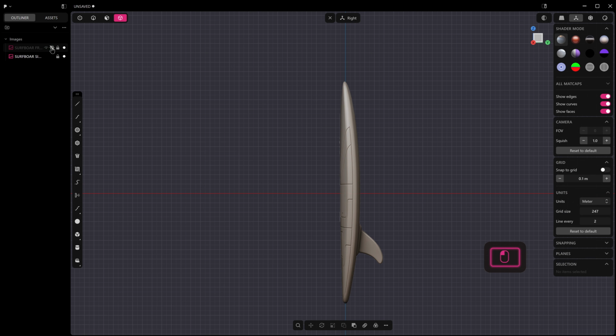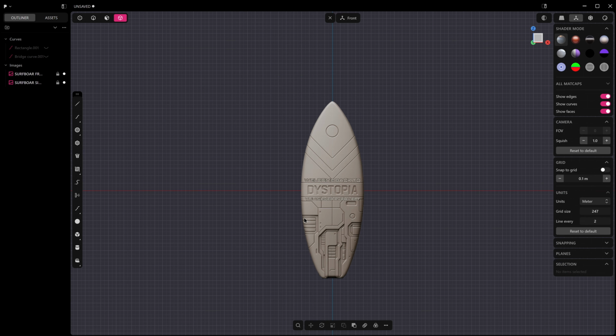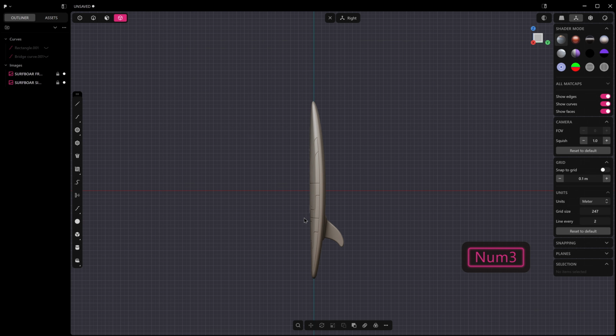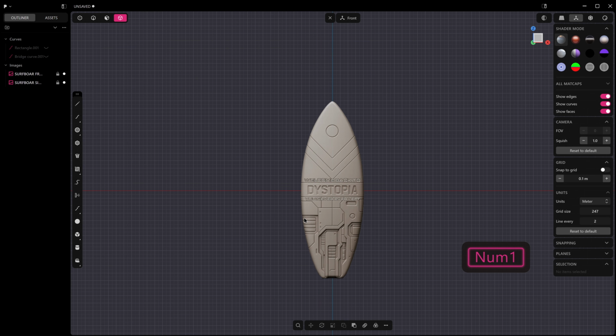We will be able to hide them and whatnot when we need them. So now that we've got our front and side set up, we can go about building our shapes. So starting with a corner rectangle, I'm just going to choose the corner rectangle from my toolbar over here, and I'm going to bring it right to the center, and I'm going to lock it to where